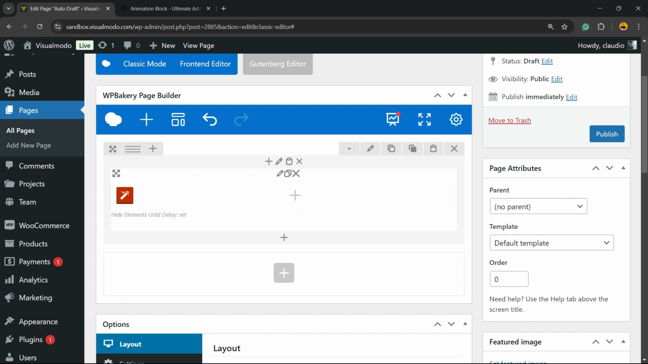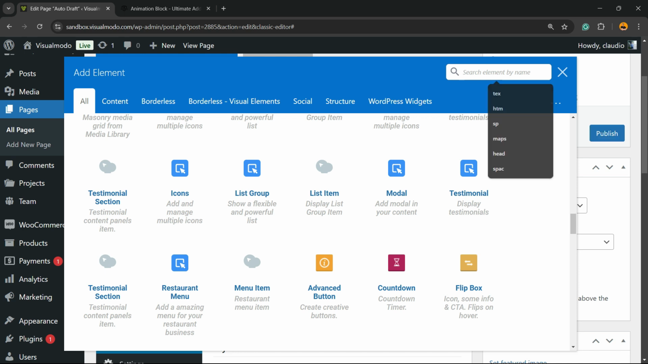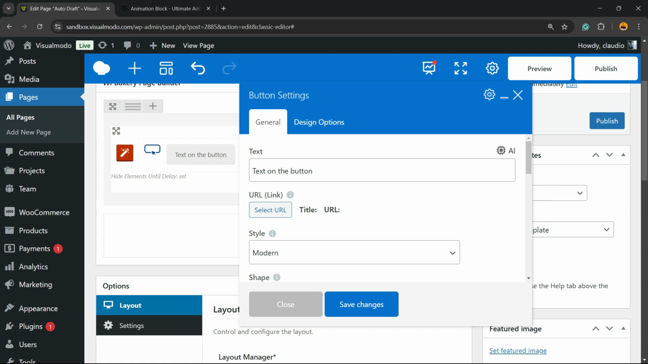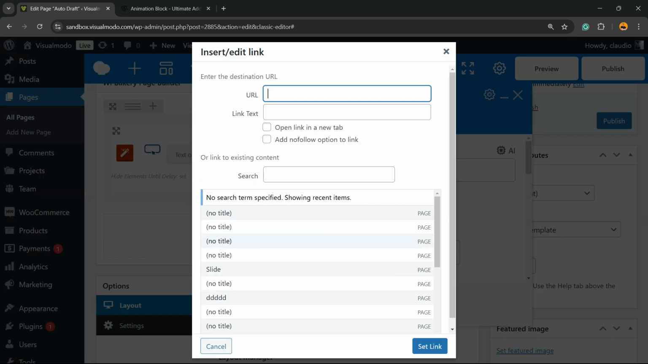Then you're going to be able to see this plus button right here. Click on it, and then I recommend that you type into the upper right corner of your screen, into this search field, button. Just like this. You're going to be able to see a couple of buttons. I'm going to choose the simple one, this button right here, and then you can enter the text of your button, the URL of the button,